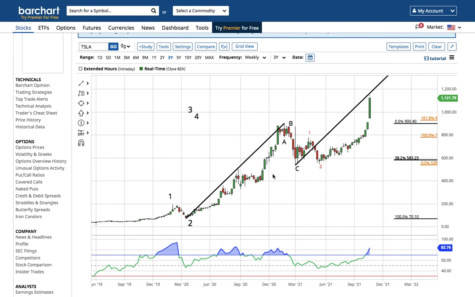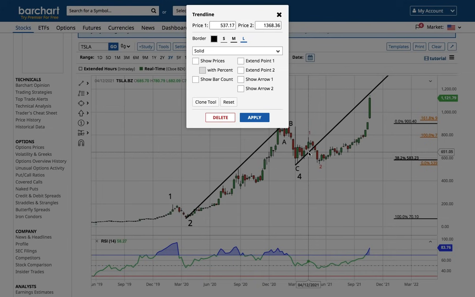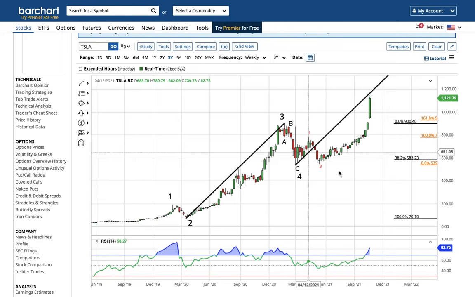Okay, we don't need to do that yet. For now, we'll continue to talk about what we know. What we know is that in the most conservative view, Tesla is within a wave 5 that will be at least the length of wave 3 placed at the wave 4 low. That's going to take Tesla to at least 1,368. And that was going to happen conservatively by March. That is all looking very good. That is going to at least play out.